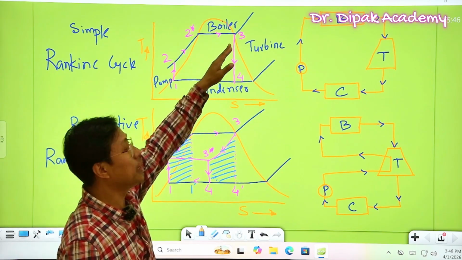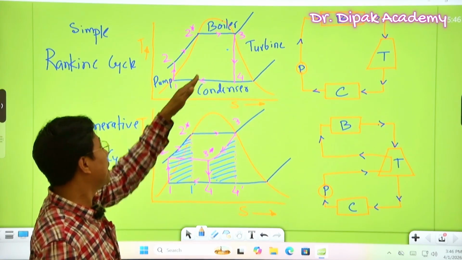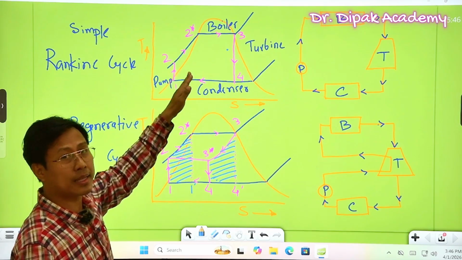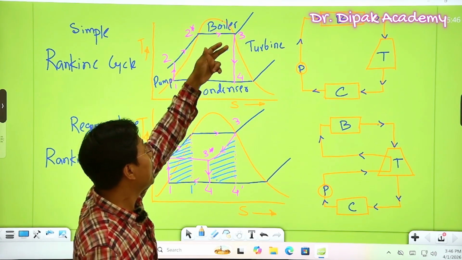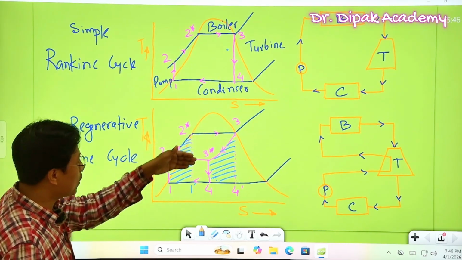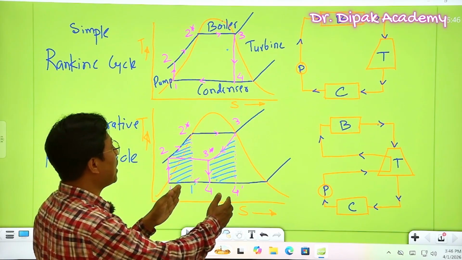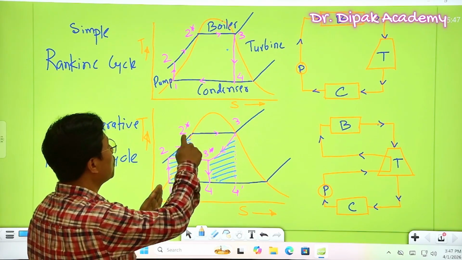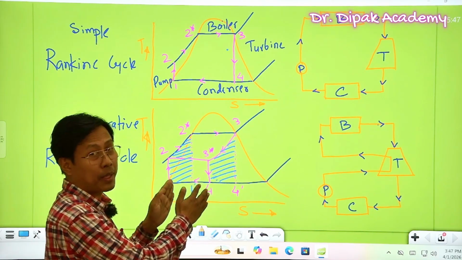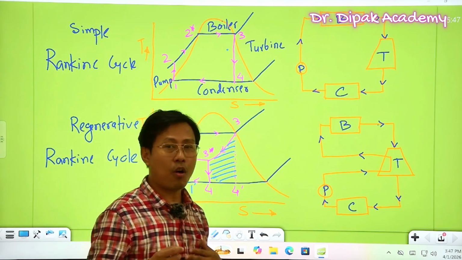So up to the condition of point 3, this regenerative Rankine cycle is similar to the simple Rankine cycle. After point 3, that is the turbine. Okay, inside the turbine, some modification has been made here. That's why our TS diagram becomes 1, 2 star, 3 star and 4. Okay. So here the purpose of